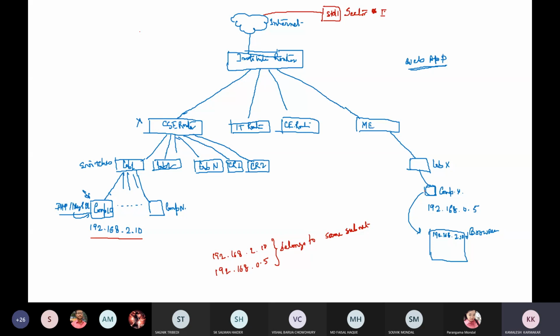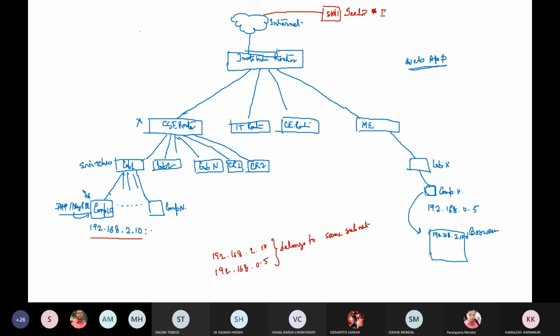You have written the program in network lab for echo. Sir, yes, it is accessible from outside. We have to do port forwarding. There are 3 steps actually.